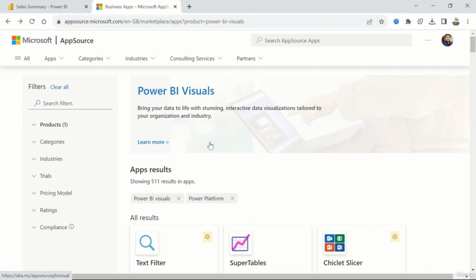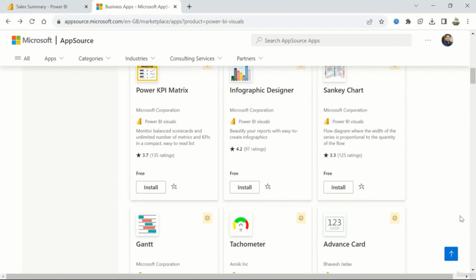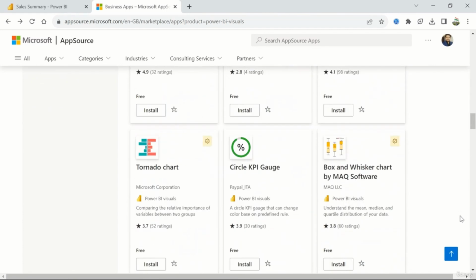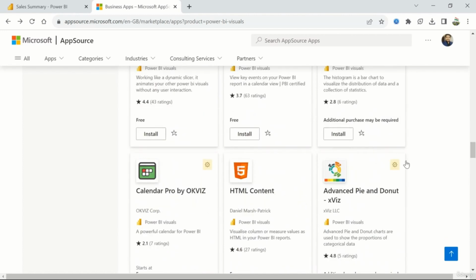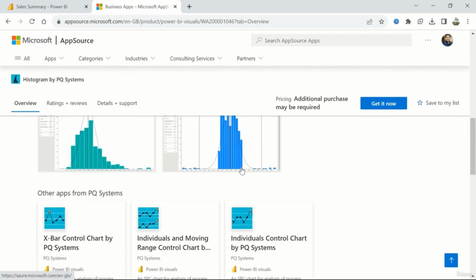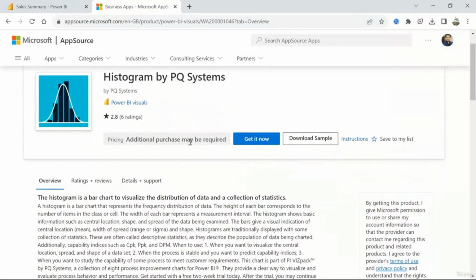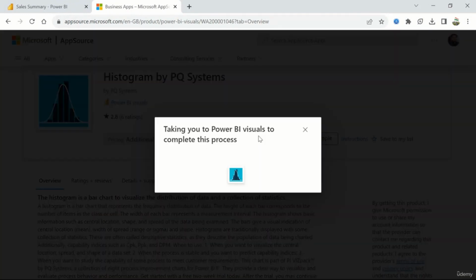And then those particular visuals have labels saying additional purchase may be required. So if you scroll down, most of them are free, free, free, and then probably you'll find, you see, additional purchase may be required. So the basic version is free, but with more features it comes with a bit of payment that you have to provide in the AppSource directly. So you might want to just click on this, and if you see additional purchase may be required, you can click on get it now, and